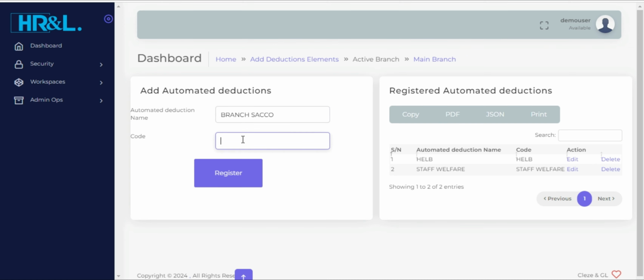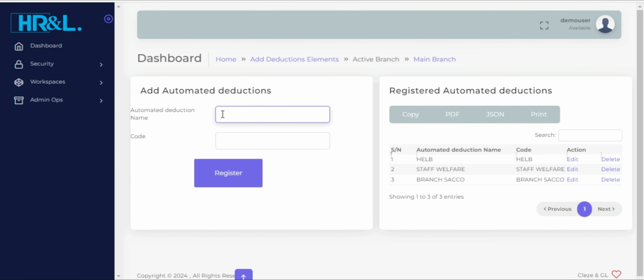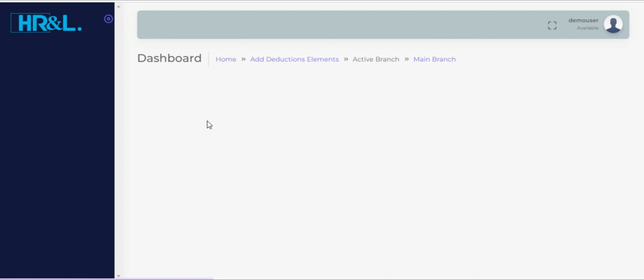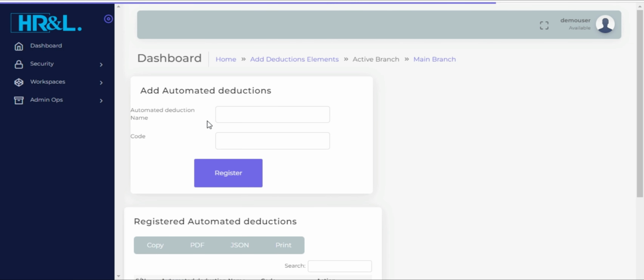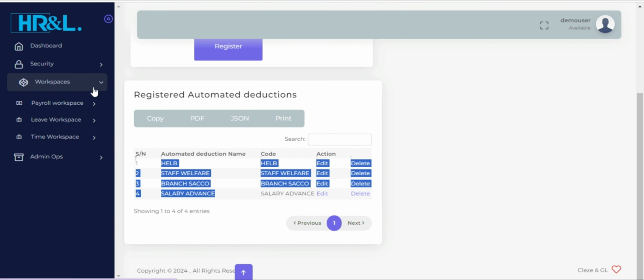And you can also add advances, salary advance. You can add salary advance as another deduction, and you just add it like that. And once you're done adding deduction elements, you can have as many deductions as possible. Like you can see, you can put as many as possible, and then you go back to the payroll workspace